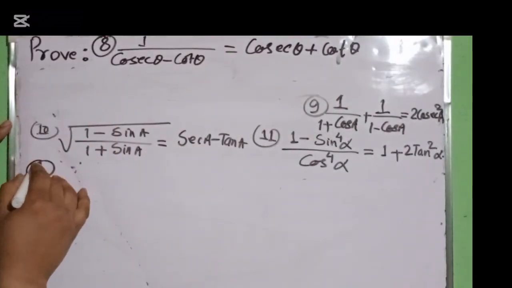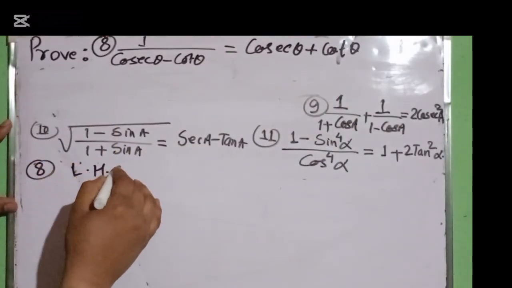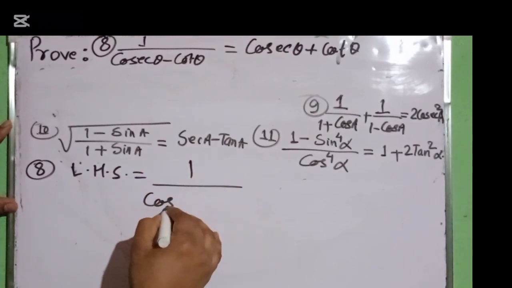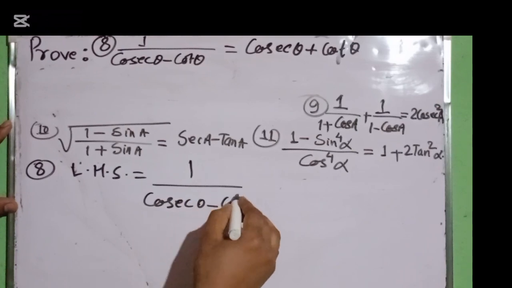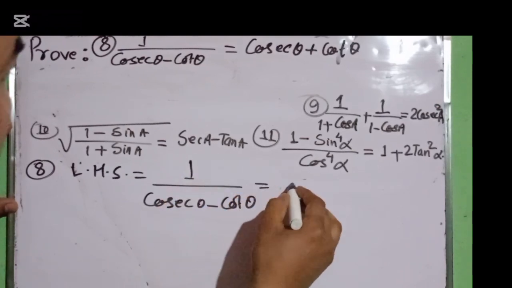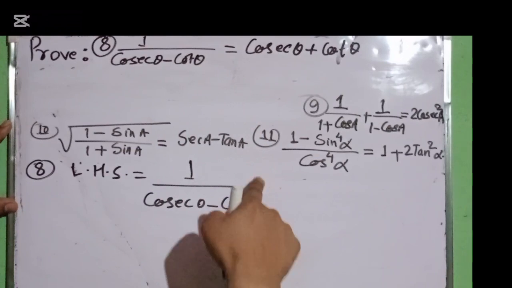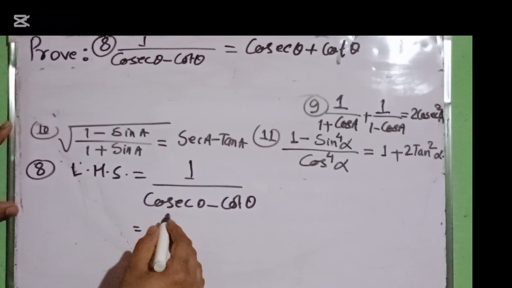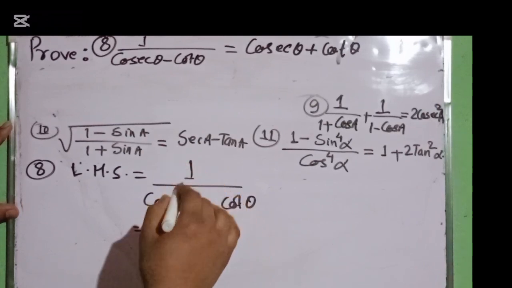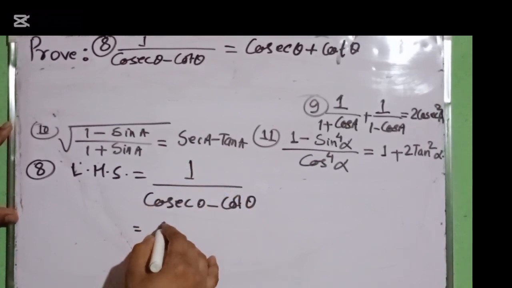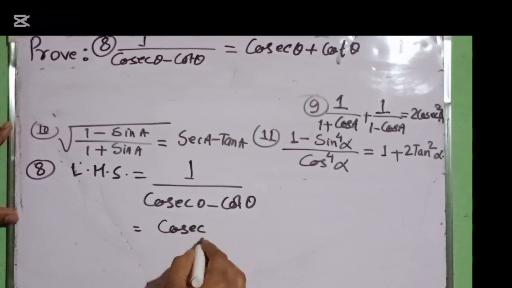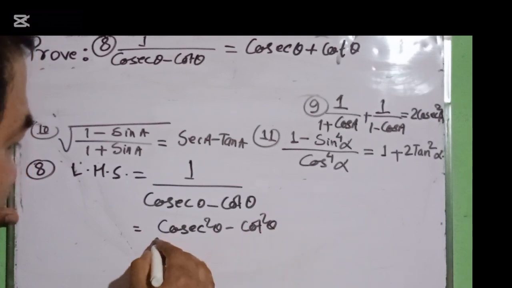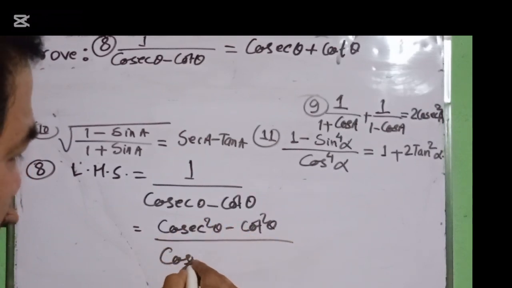Question number 8. The left hand side is given there: 1 by cosec theta minus cot theta. Our aim is to bring cosec theta plus cot theta. We know that for cosec and cot there is a Pythagoras relation: cosec square theta minus cot square theta equals 1, and down we can write cosec theta